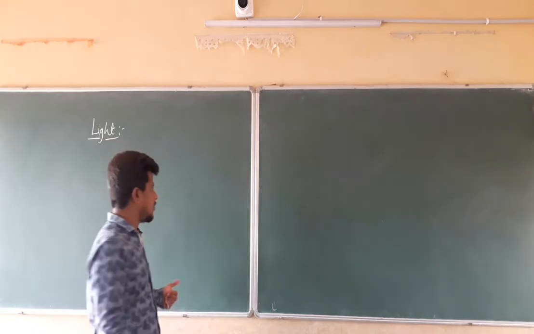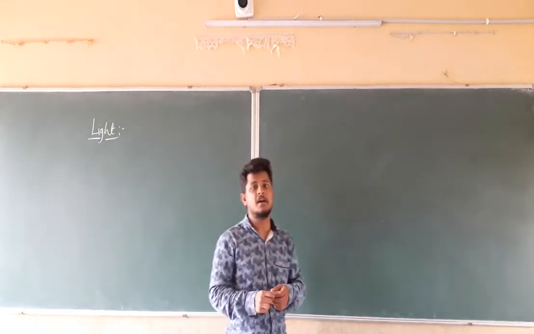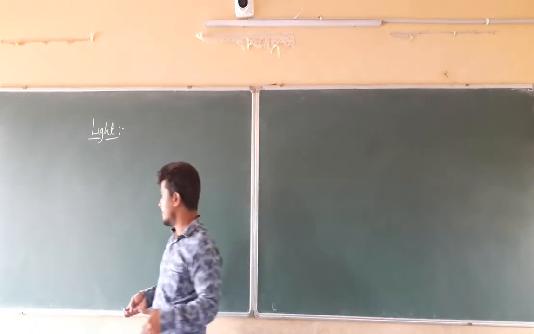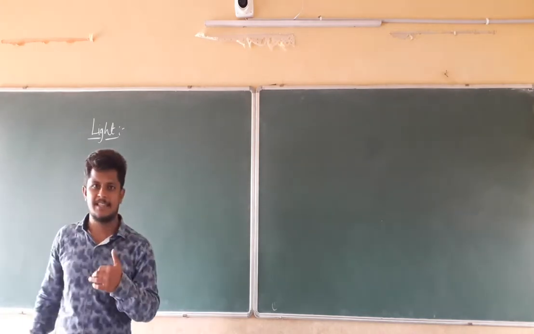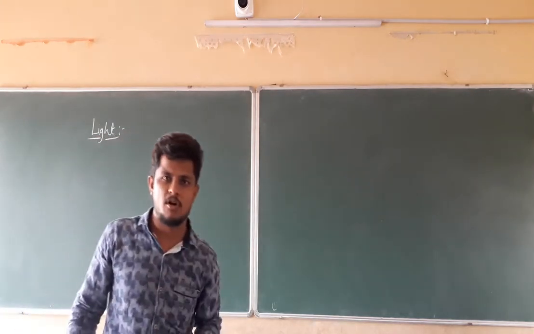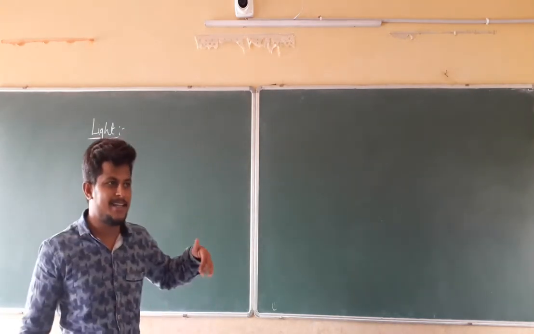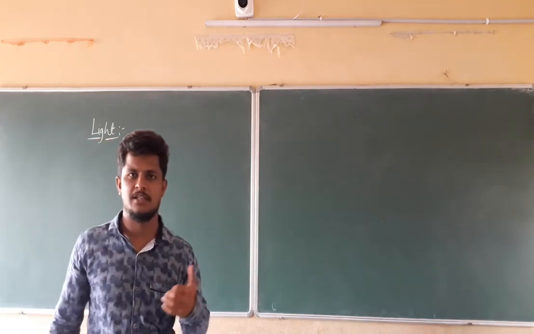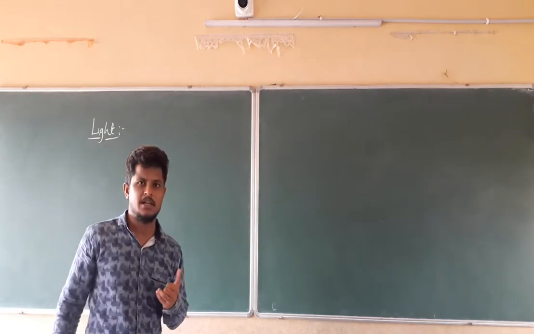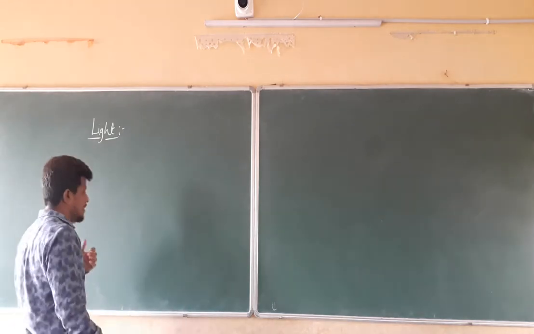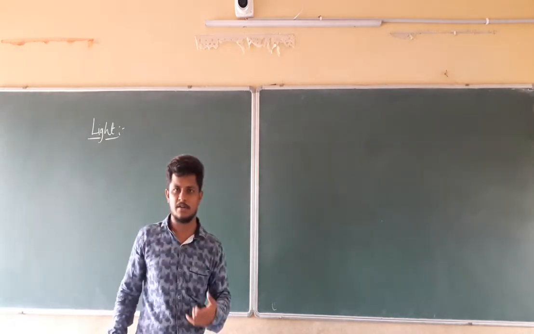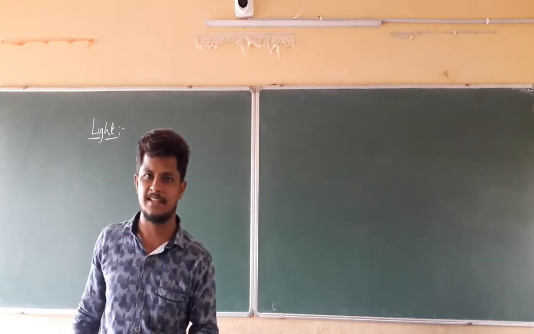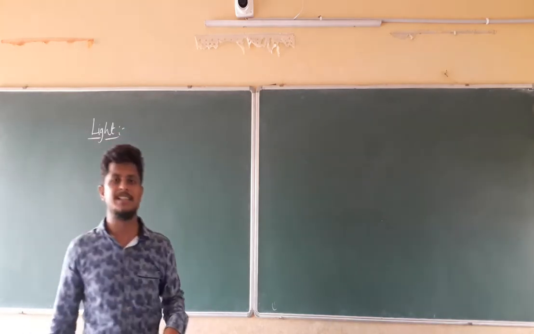In the same manner, a convex lens is one which is bulged outside, and the thickness of the middle of the convex lens will be more, but in the case of a concave lens it will be less. In the last class we discussed those things. In today's class we are going to see the different terms which come in the case of concave lens as well as convex lens.